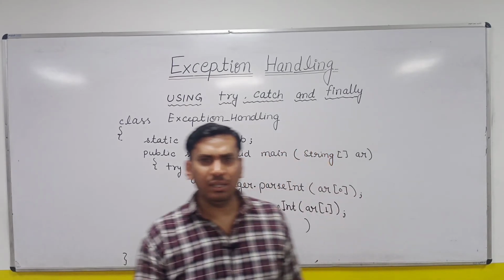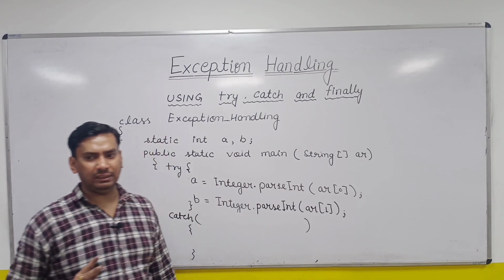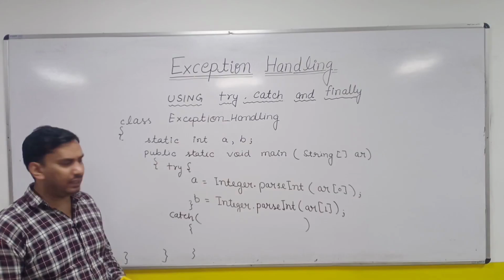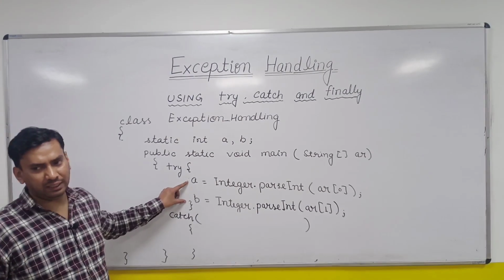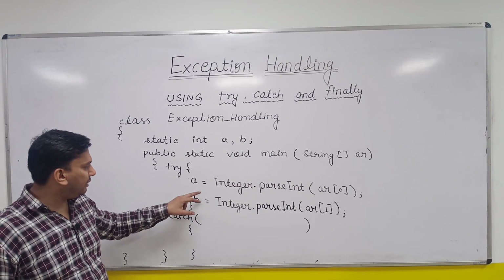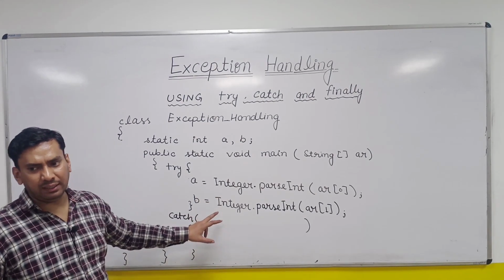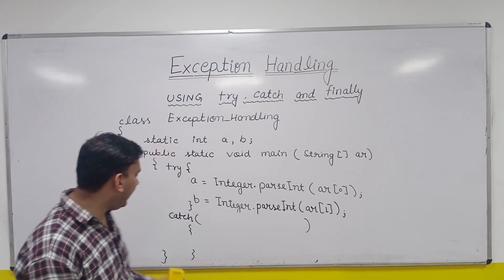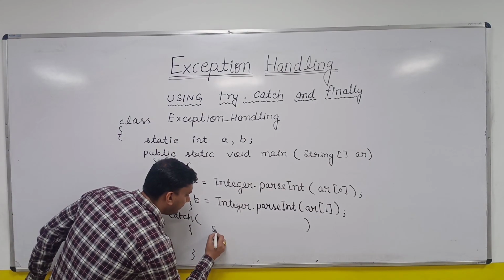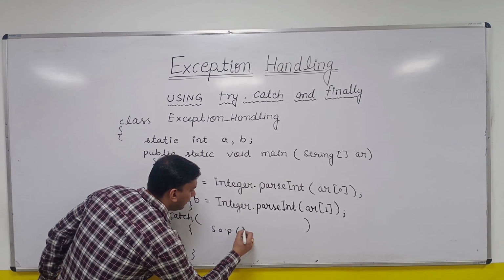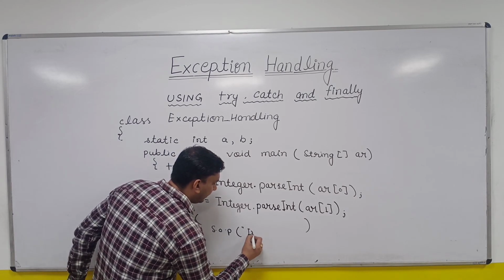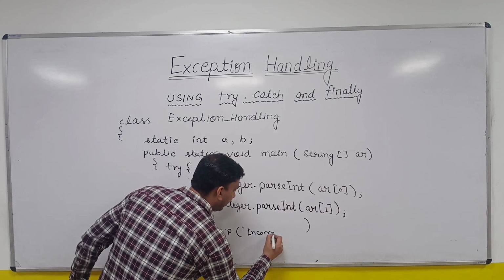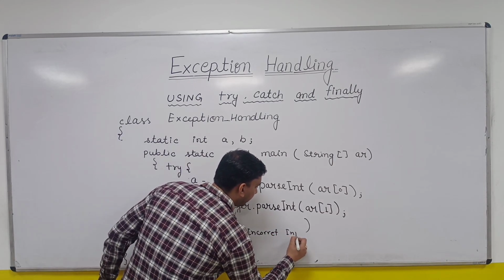Okay, exception occurred, no issues. I will give you another chance. So in the catch block, what I will try to write here is, let us take the input once again. I will say, you have entered some incorrect values, so kindly re-enter the two integers. So I am writing in the catch block, system.out.println, incorrect input.